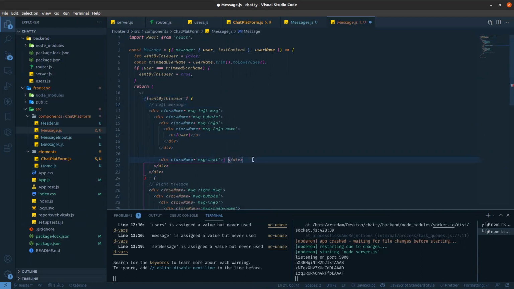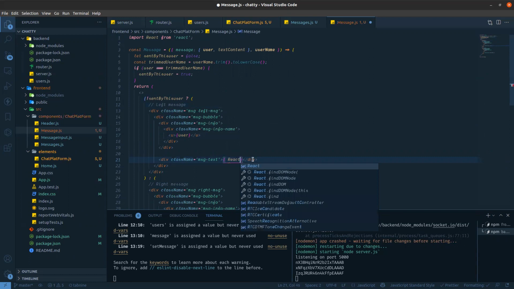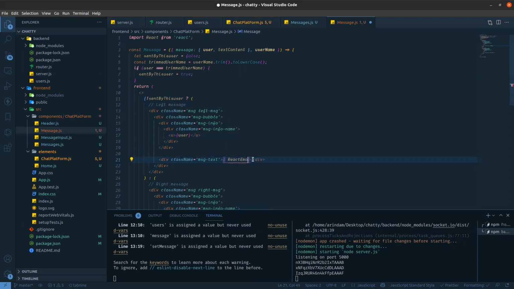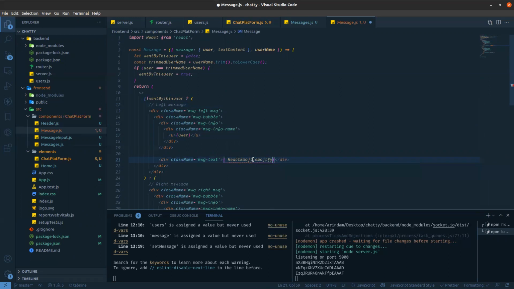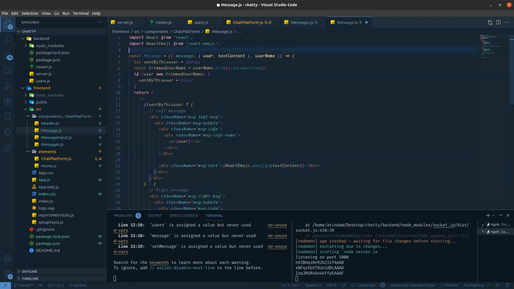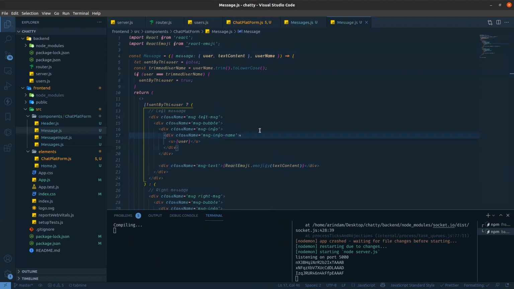But this text content should be wrapped with React emoji, right? So React emoji dot emojify, and then this text content. Now I need to import this React emoji from react-emoji. Okay, so it's totally done.